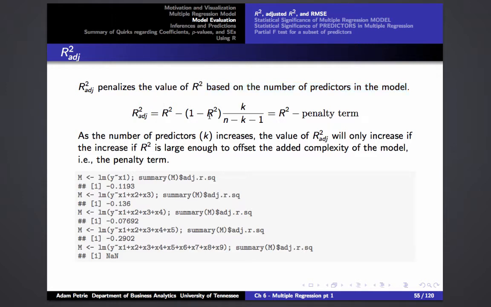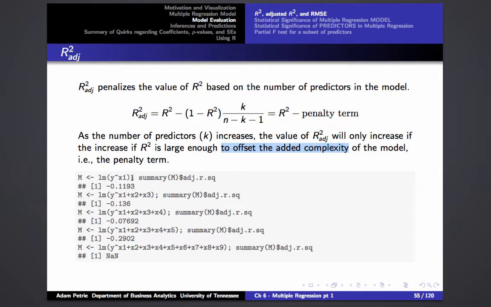So there's a formula for it. We don't really care too much about it, but basically r squared adjusted is just the original value of r squared minus a penalty term based on how many variables are in that model. And so as the number of predictors increases, well, the value of r squared adjusted will increase only if the increase in r squared is large enough to offset the added complexity of the model. In other words, the penalty term. So for r squared adjusted to increase, that new predictor really does have to help out the model in a